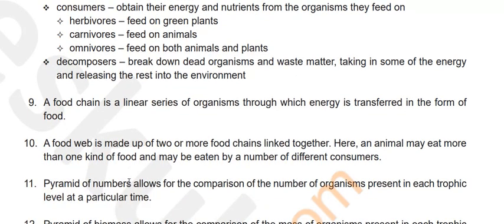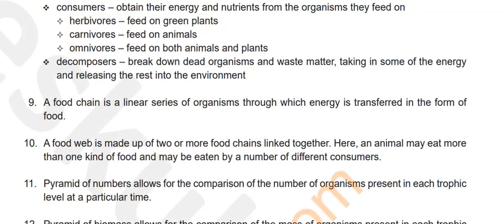A food chain is a linear series of organisms through which energy is transferred in the form of food. So energy is being transferred from one food to another. For example, from the sun, that is energy, it comes to green plants. A cow will go and feed from the green plants. Then the animal will be killed and eaten by human beings. Also, human beings will be eaten by other things. That is the food chain we have there.